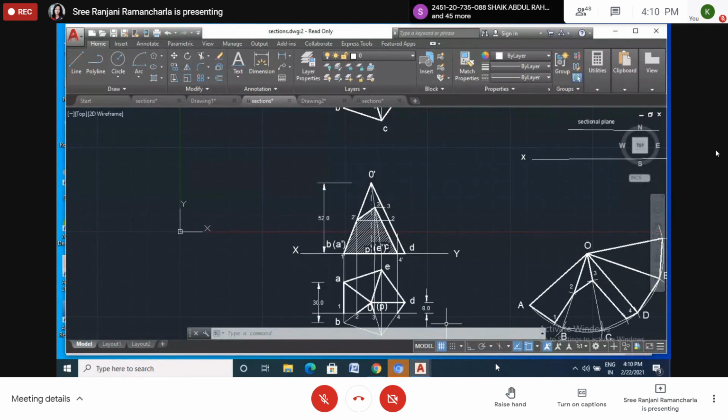A pentagonal pyramid, base 30 mm side and axis 65 mm long, has its base horizontal and an edge of the base perpendicular to VP. A horizontal section plane cuts it at a distance of 8 mm from the apex.